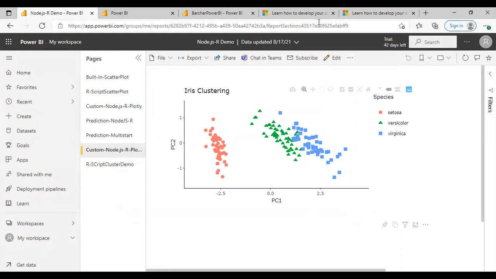You can see, right? This is one particular cluster, this is one particular cluster, and this is one particular cluster. So I'm able to visualize this in Power BI using the custom visual I have created. Now I'll show you the code for that.